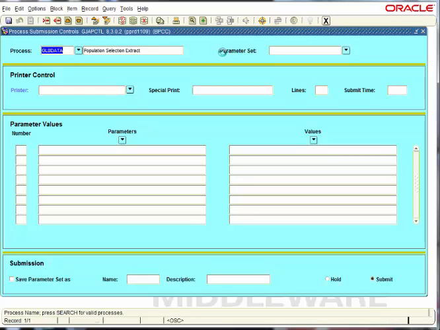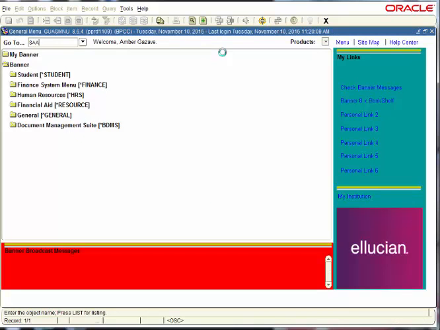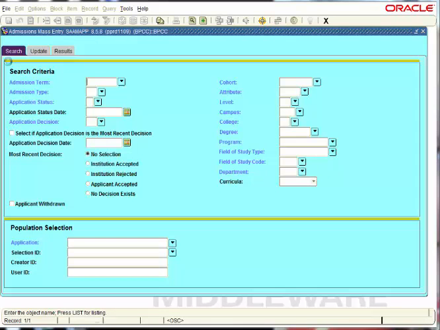and SAMAP is going to insert the letter code onto the student's record. So it's SAAMAPP, and you hit enter. And SAMAP is going to have 3 tabs on it. It's going to have the search tab, the update tab, and the results tab. So in the search tab, I'm going to enter in the application term in which I'm processing. And then I'm going to enter the population selection that I just ran on GLBDATA.